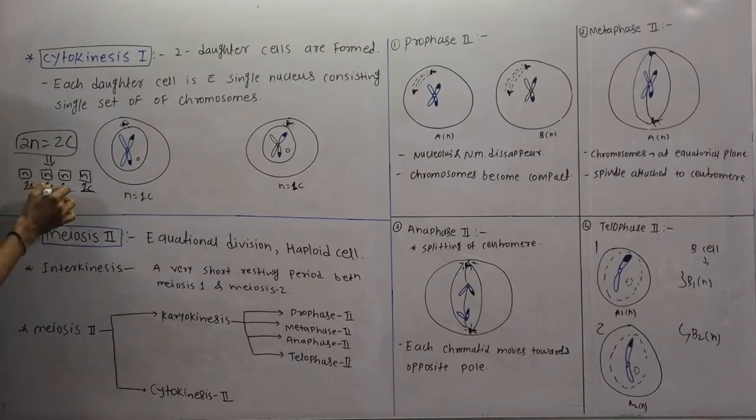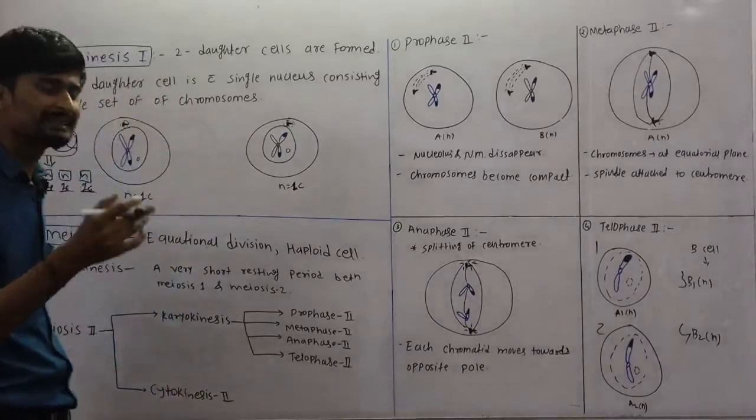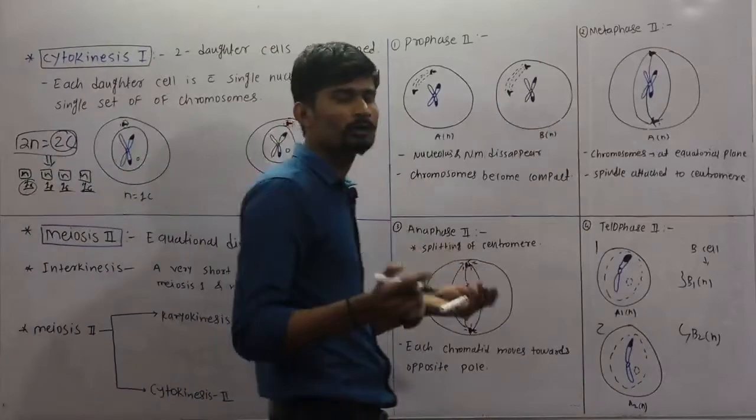Understand? One chromosome, and now these are haploid, because the parent cell has 2c but the daughter cells have 1c, that is why haploid. But these daughter cells are not exactly the same, because they have exchange of material, but in mitosis the